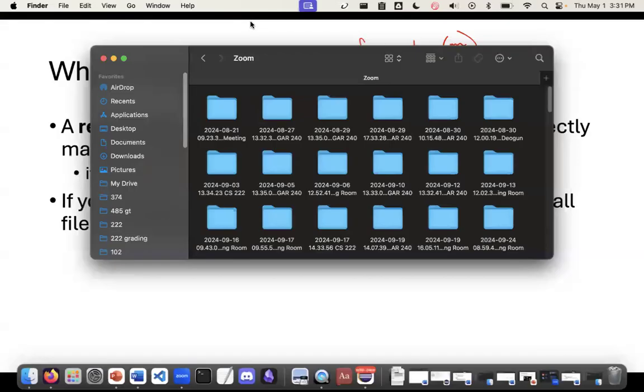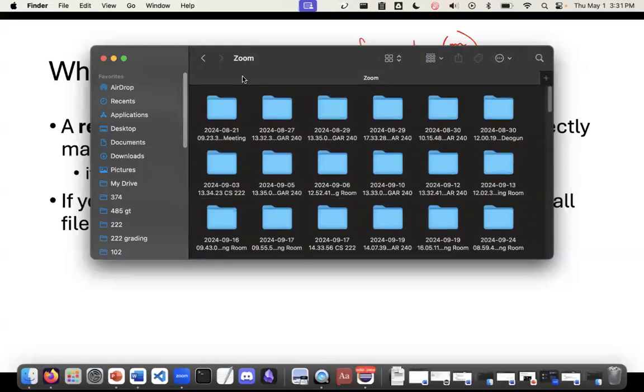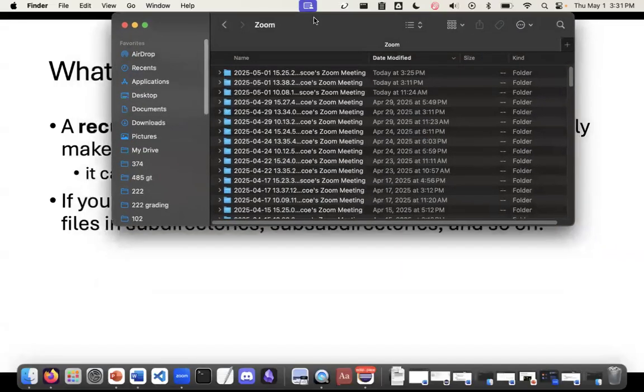No, not yet. Okay, so for example, here's a directory. I've got a directory full of the records from each of my Zoom meetings, right? And so let's say I want to process this and maybe get the recordings for each of them. So how do I do this? I can have a for loop and say start at the first directory and go to the next one and go to the next one. So I can do this iteratively, or I could do it recursively, which means